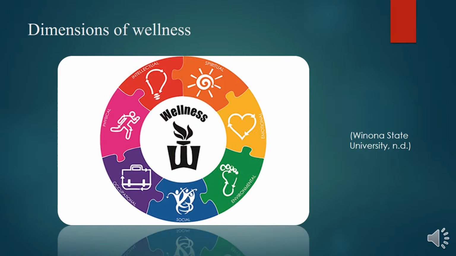The next one is the intellectual dimension. This one involves the use of your mind to do certain activities. Here, it involves continuous acquisition of knowledge throughout life, engaging your mind in creativity. The next one is the emotional dimension. Here, it's the ability to laugh, enjoy life, adjust to change, cope with stress, and maintain intimate relationships. So emotional is all about your feelings and happiness.